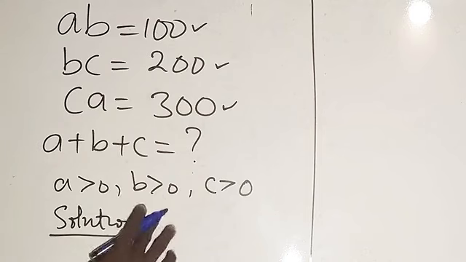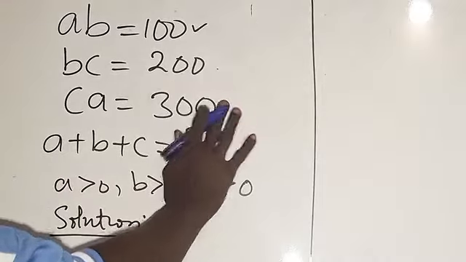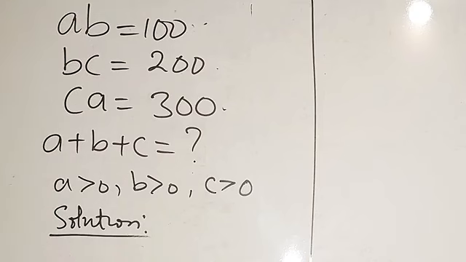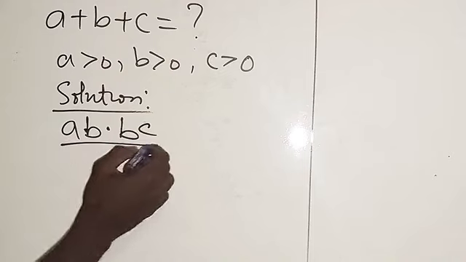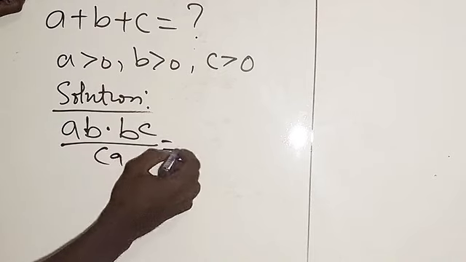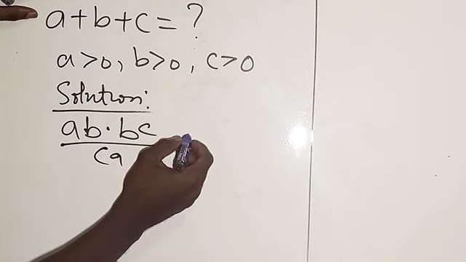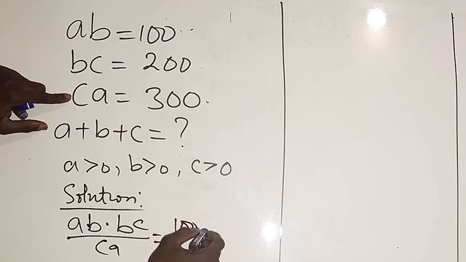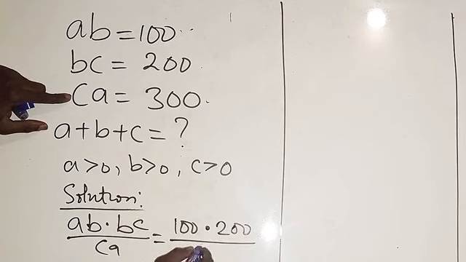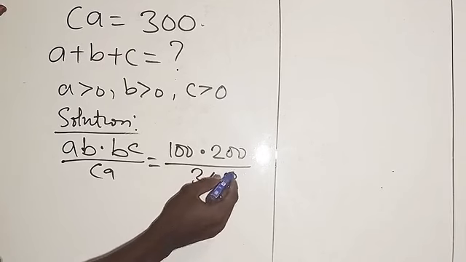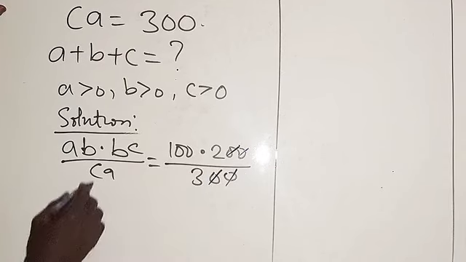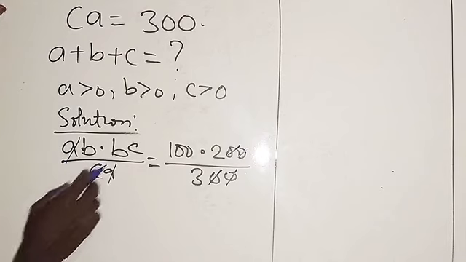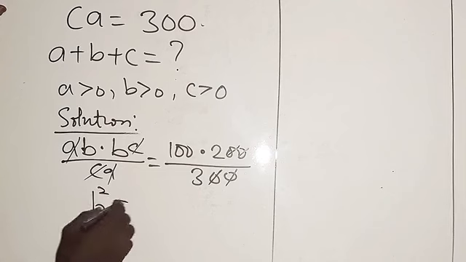So now here, what we are going to do is pick each of these. AB, let me pick AB, multiply by BC, then the third one, I will make it a divisor. So I'm going to have AB is 100 multiplied by BC is 200, then divided by CA is 300. Now from there you can see we cancel this, we cancel this. So A we cancel A, C we cancel C, B times B we have B squared, which equals